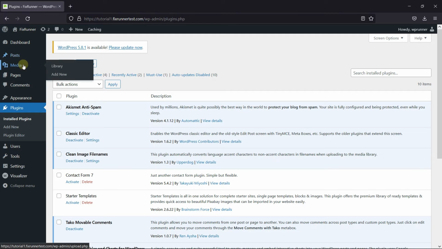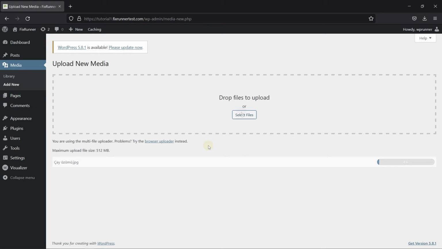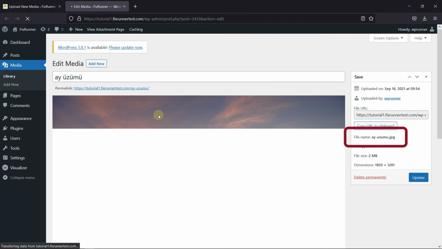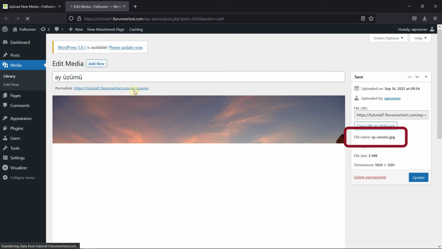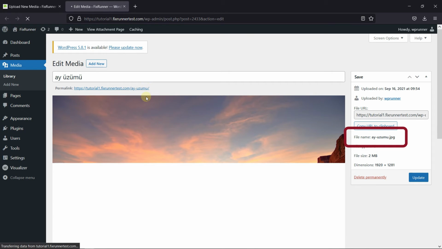Now I'm going to upload an image. As you can see, the name of this image has many different characters. But once the file is finished uploading, click here to edit the image. And now, as you can see in the file name, the characters were removed,